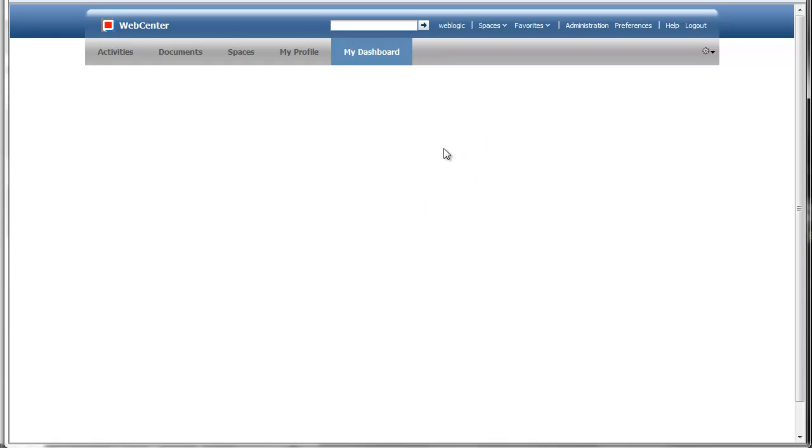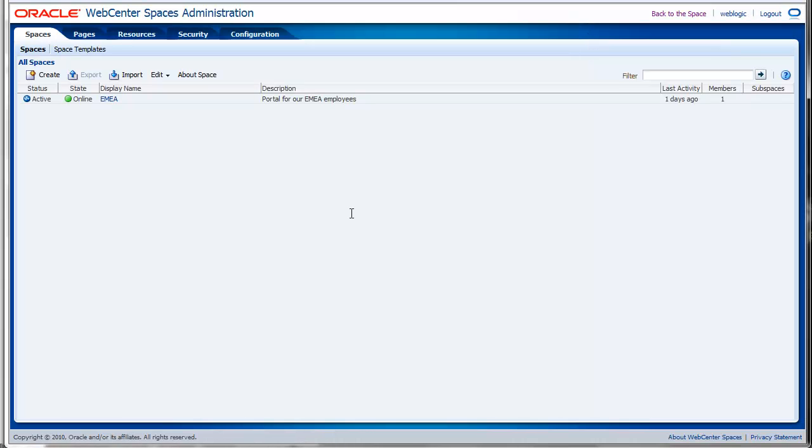The next section I will show is the administration section. In this section you can configure or manage some general stuff about your environment. The first tab is the Spaces tab, which gives an overview of all the existing spaces. You can create spaces, export or import. This is very important when you are working with a staging environment. So you can create the spaces on the staging environment, and you can easily export and import them onto your